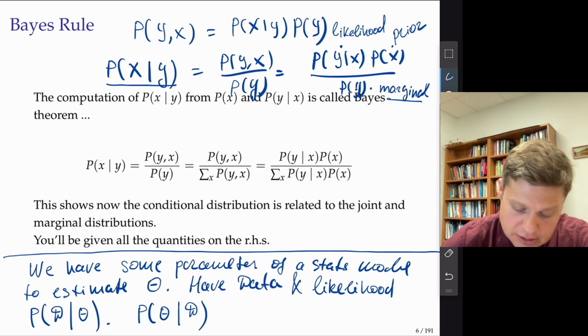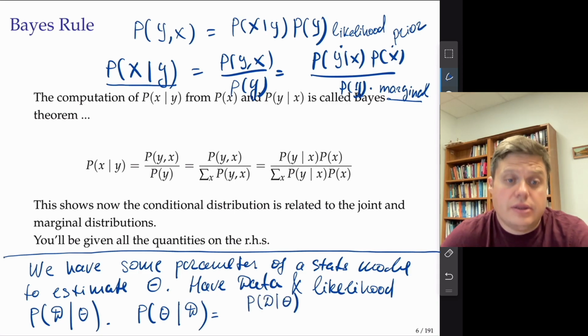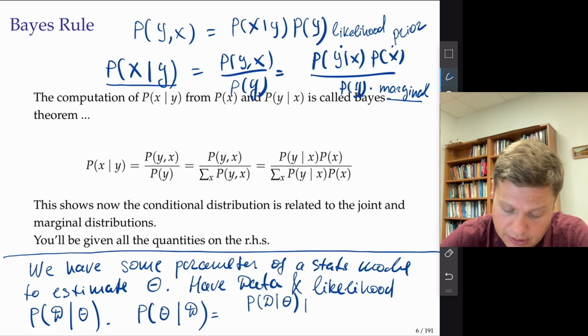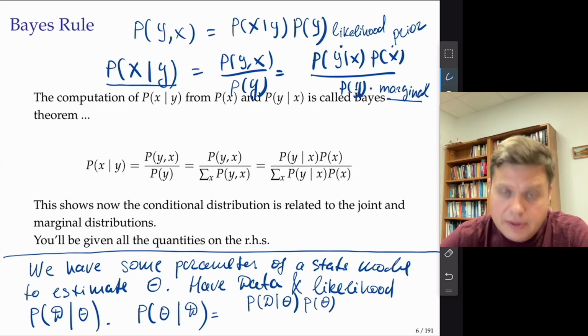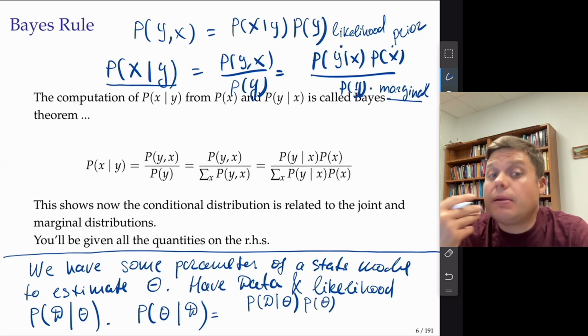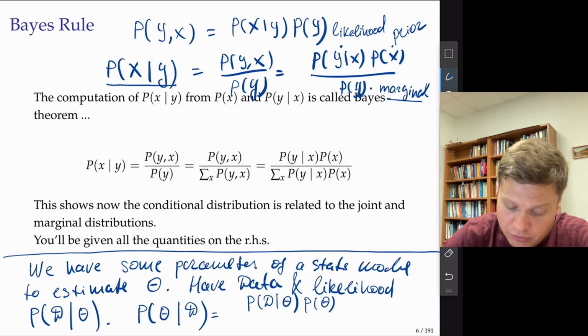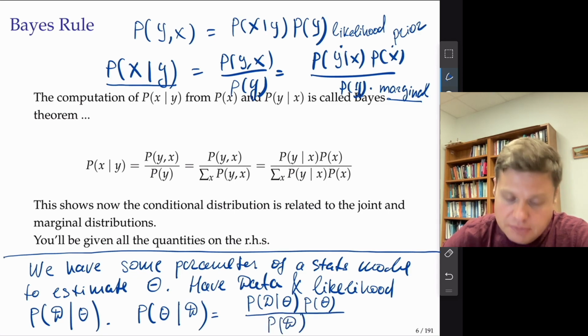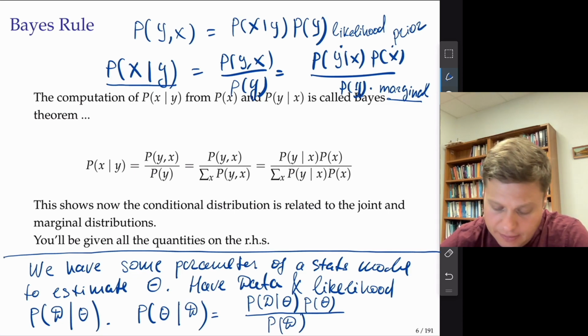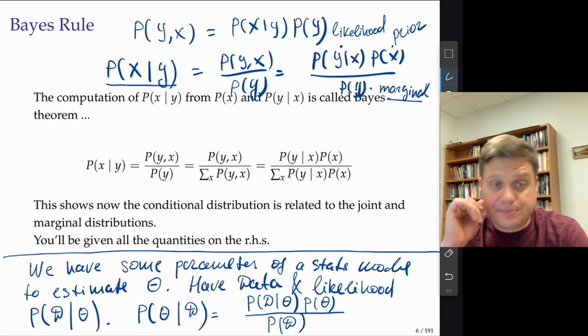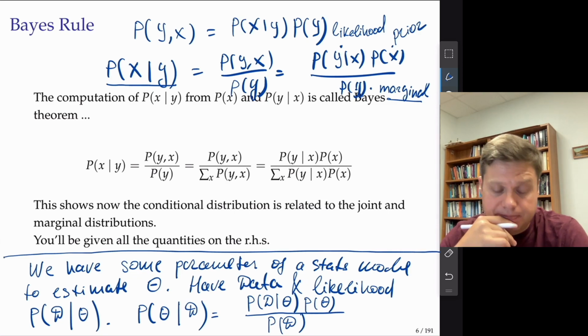And we can calculate this using the Bayes rule. So it's just the probability of data given theta. That's the likelihood. Probability of observing data given the parameter of the model, times p of theta. And p of theta is our prior assumption about what value of theta we need to have, and divided by the marginal probability over the data set.